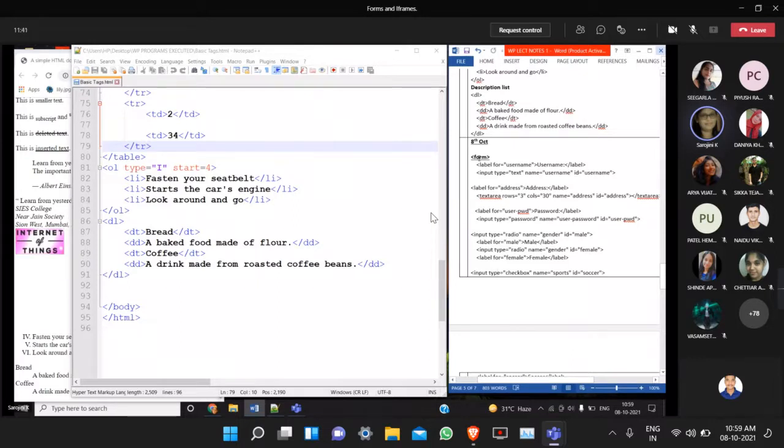But we are not going to see the attributes now. After we see each and every control, then we will see the attributes you can use within the form tag. But how will you start an HTML form? By typing the form tag.